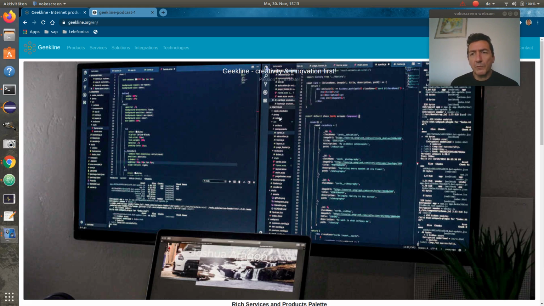As probably most of you know, there are many headless content management systems, and Geekline is also kind of a headless content management system, but to distinguish ourselves a little from all the others, we offer business services. Currently